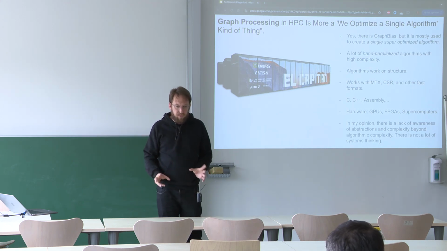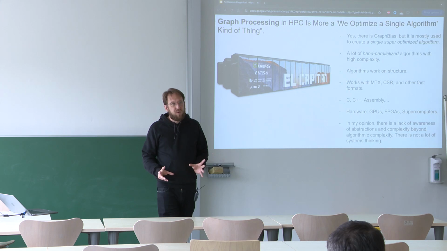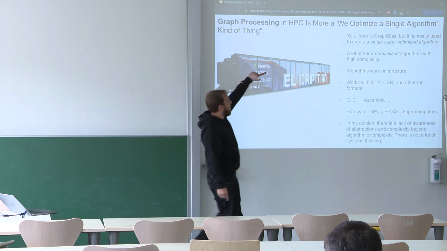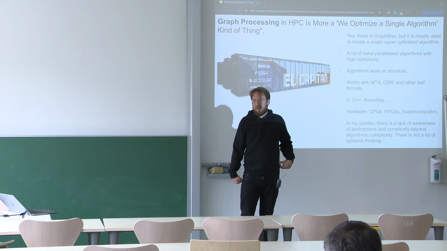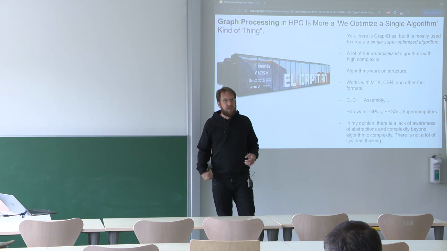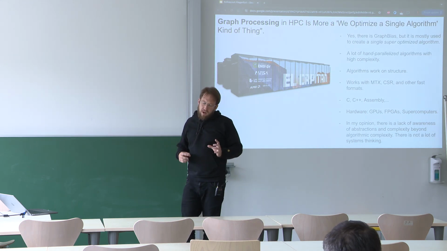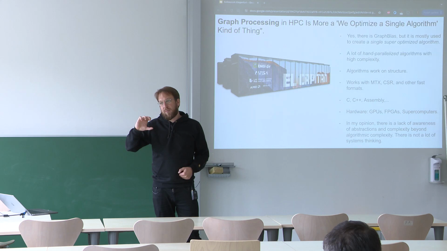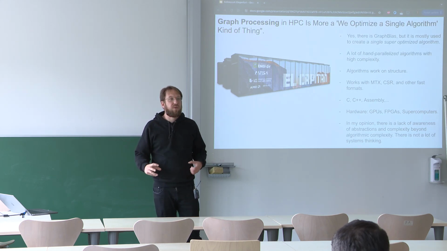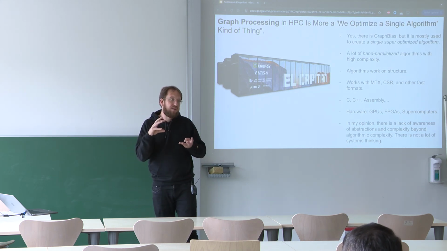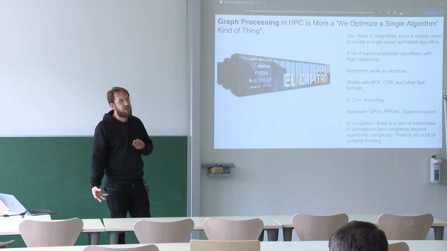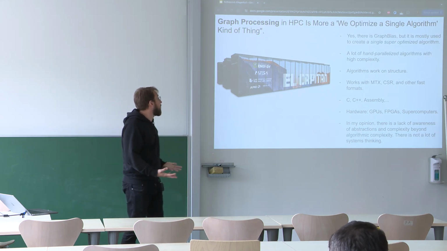So people in these communities don't really think too much in abstractions. I mean, there are things like GraphBLAS. Are you all familiar with that? So BLAS is practically a library for linear algebra, and GraphBLAS is a graph counterpart for that, and they tried to identify algorithmic building blocks in order to use them to assemble new algorithms, right? But this is not the standard, and especially not when it comes to implementing graph algorithms on these huge machines, right?